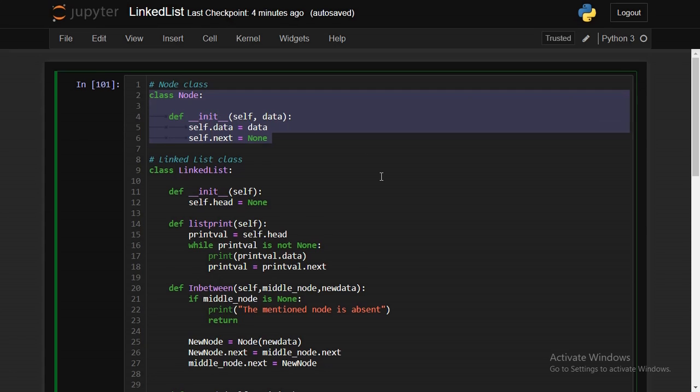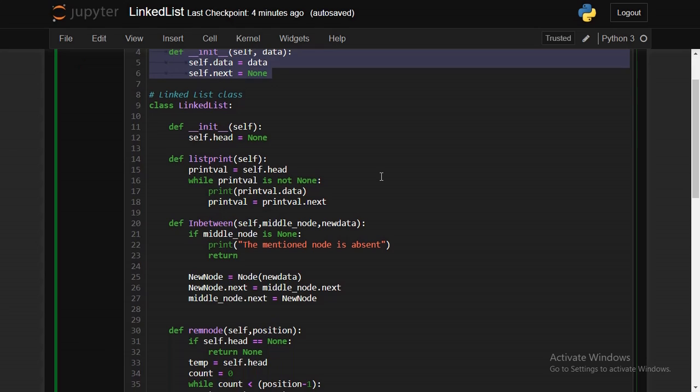Okay, and after creating a node we need to link the nodes, right? That's what linked list means. If we don't link the nodes, then it's not a linked list. The name itself suggests that. Each single one of them is a node and they are linked by a pointer. Okay, so this is a linked list. We have to create a class separately for a node and a linked list. We cannot do that in the same class, I think.